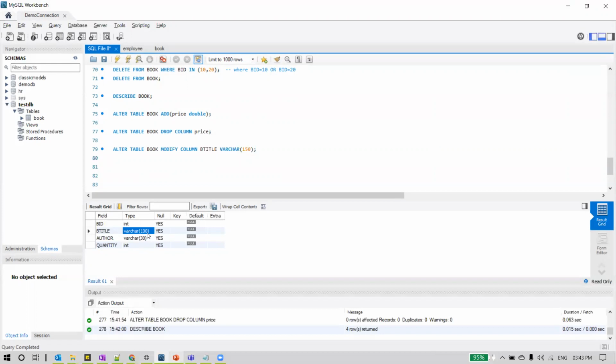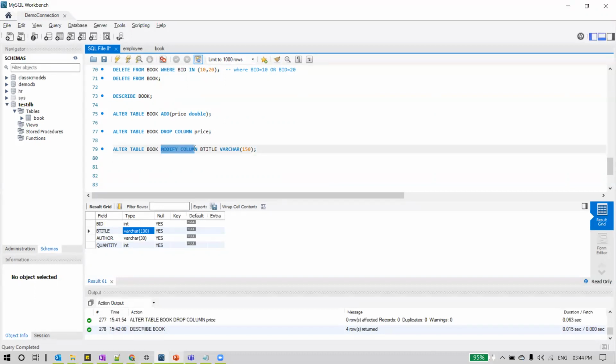But my book titles will be so long, and I realized it now and want to increase the book title data type size. So how to do that? We can see the syntax here. Alter table book, till here it will be the same. Now we will say modify column. We don't want to add a new column or remove an existing column, but we want to modify the existing column.